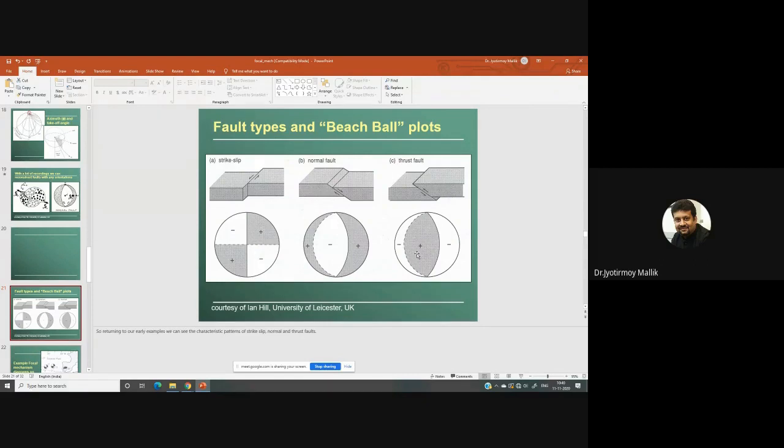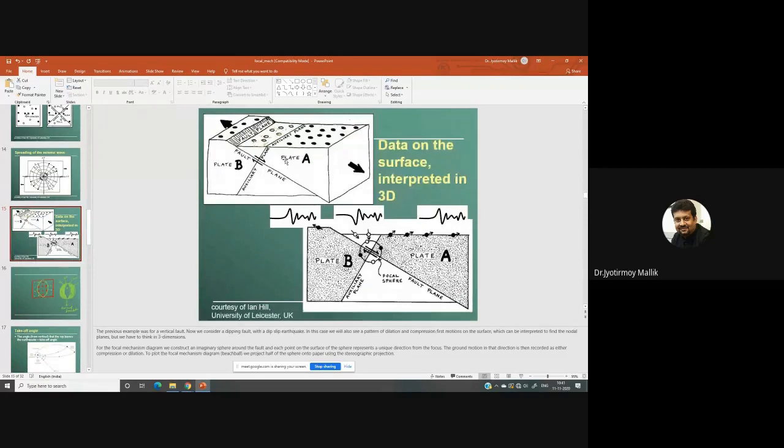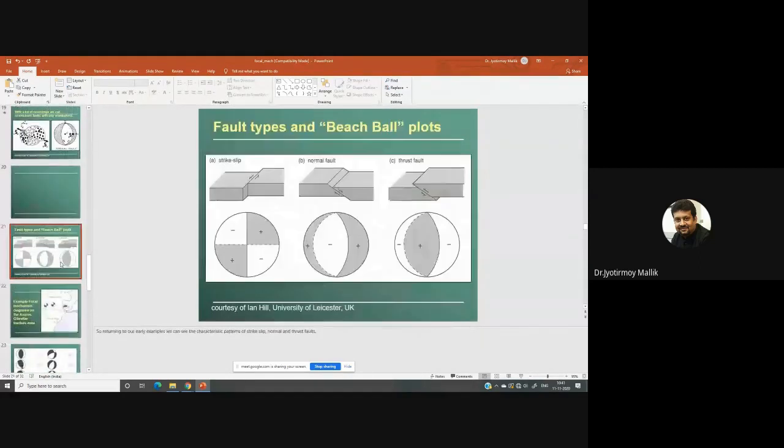normal fault. But then, what is the logic of having the compressional part in between and the dilational part on both sides? That I leave it up to you to understand. So if you have understood the normal fault, what I want you to do is to draw a 3D diagram like I have drawn here, for a thrust, and see if you can reproduce a beach ball diagram resembling this. In between I have compression, and on either side we have dilation.